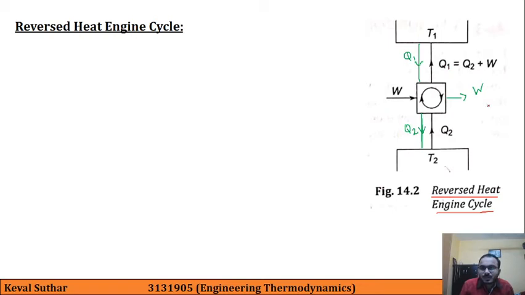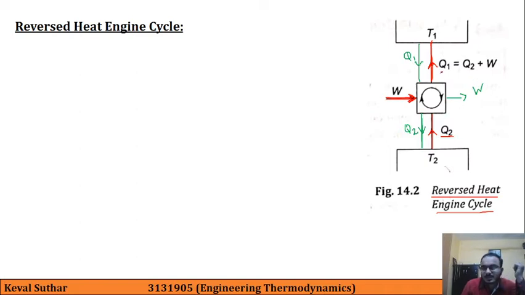So here the exactly reverse thing is happening: we are extracting heat from the low temperature reservoir, that is Q2. So this is the extraction of heat which is happening, and the remaining heat is rejected to the high temperature reservoir, and this is not done spontaneously. So instead of getting work output, we need to provide work input for this purpose. So here work input is provided,